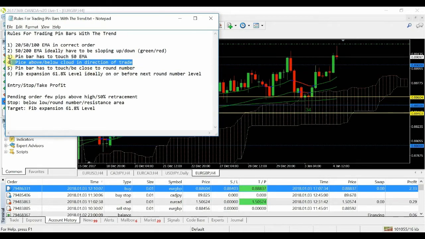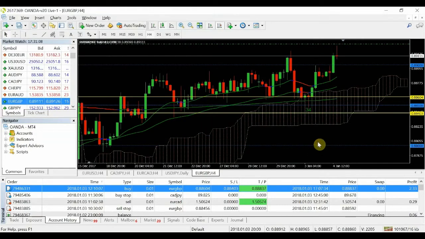here, number 4, price above or below the cloud, the direction of the trend. So this one, to be honest, didn't hit that criteria because the price is technically in the cloud, so it's in neutral territory. It's not bullish or bearish. However, I was quite happy that it was pretty much above the cloud, so I was comfortable with that,